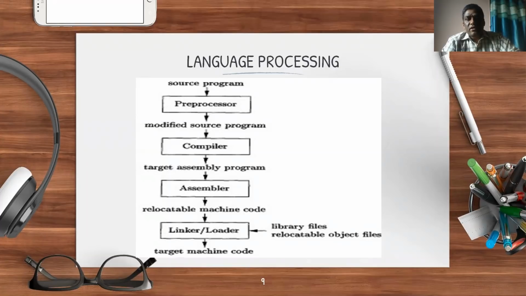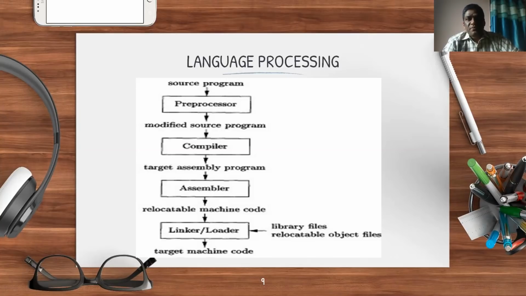If you look at the diagram, there is a preprocessor component, there is a compiler component, which we discussed till now, there is an assembler component, and finally there are two other components, linker or loader. So if you look at a language processing system at a broader view, it consists of all these components. Now let us have a look at these components and their roles in a language processing system.